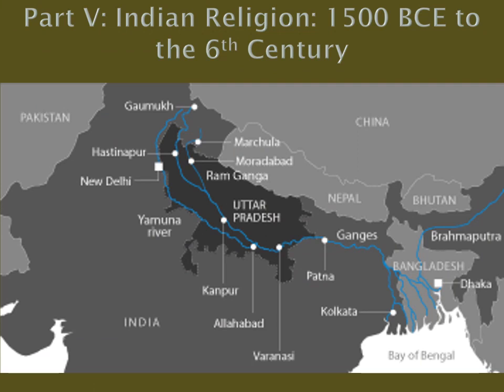Let's move on to part 5, which is Indian religion from 1500 BCE to the 6th century. So here we have the history during this period, with the history of the interaction between these two originally opposed traditions. They began to interact, influence, and even merge with each other, like the merging of the Ganges and the Yamuna rivers. So we have talked about the differences of the Indus Valley civilization, their religious practices, and that of the Aryan civilization and their religious practices.